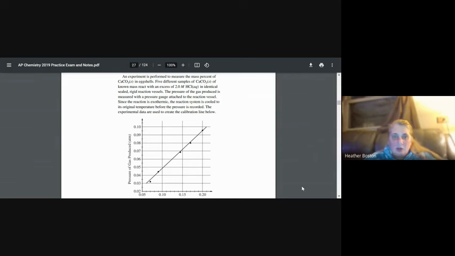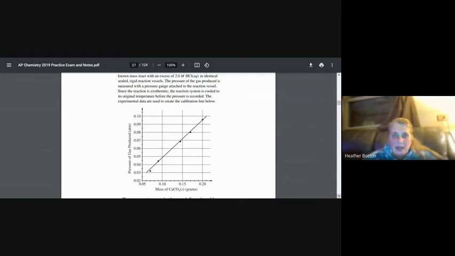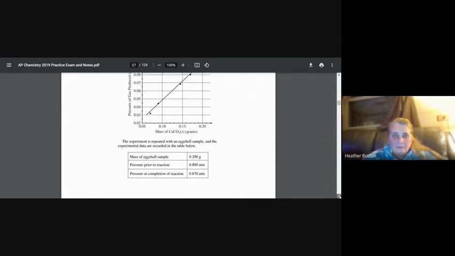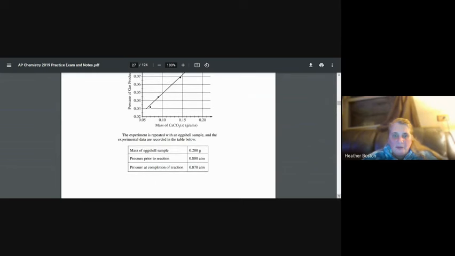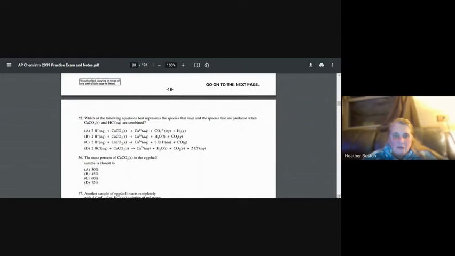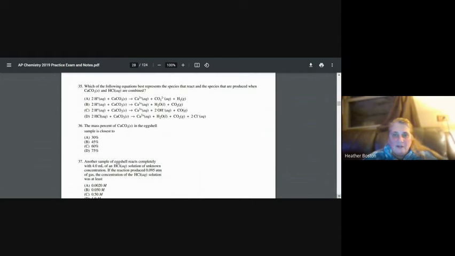Okay, calcium carbonate reacts with hydrochloric acid in reaction vessels. We're measuring the pressure of the gas. The experiment is repeated with an eggshell sample, and the experimental data is recorded in the table below. Which of the following equations best represents the species that react and the species that are produced when they are combined? So basically, you're looking to cut out the spectator ions,